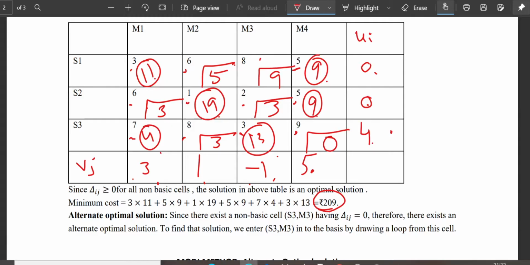I told you that the cost will reduce by 27 rupees. See, 236 was the cost in the previous table. My cost reduces by 27. So it should come out to be 209. It is coming out to be 209. This also verifies your answer that you have done correctly.